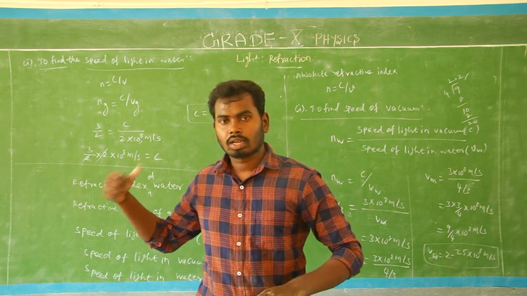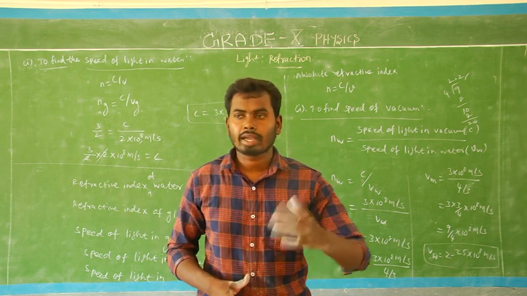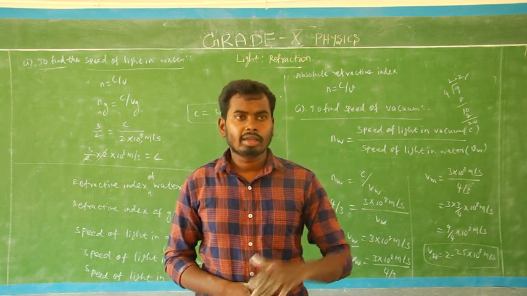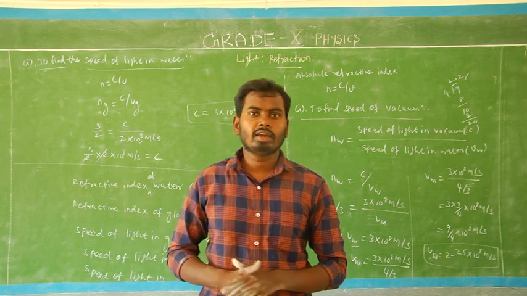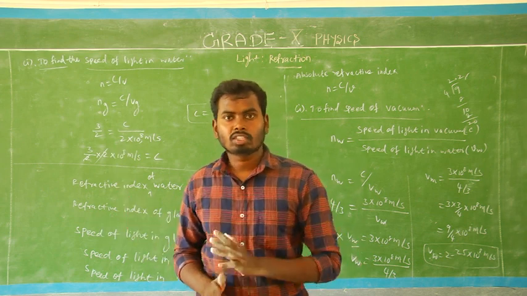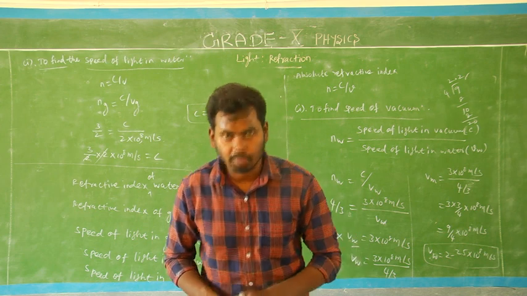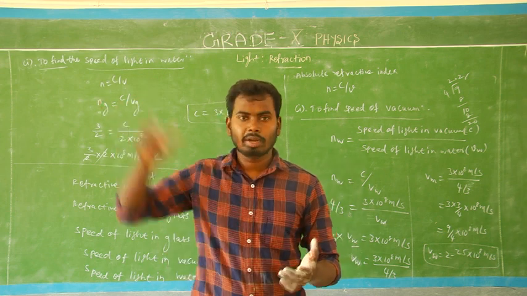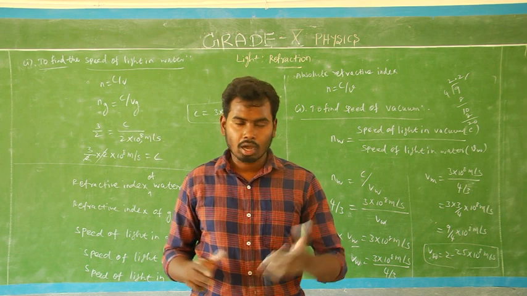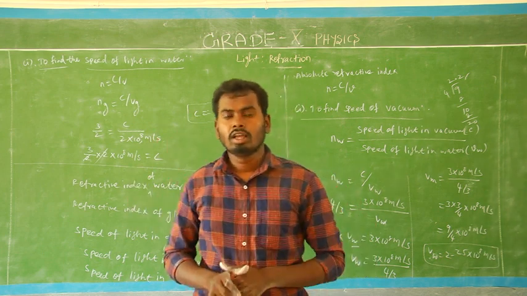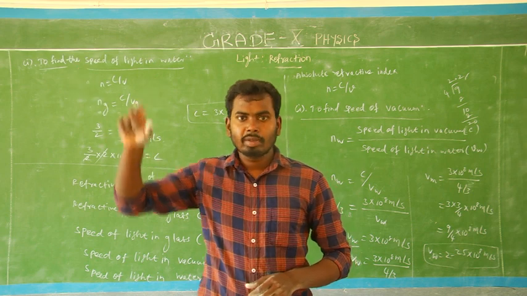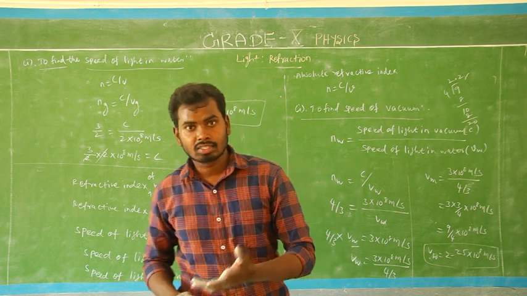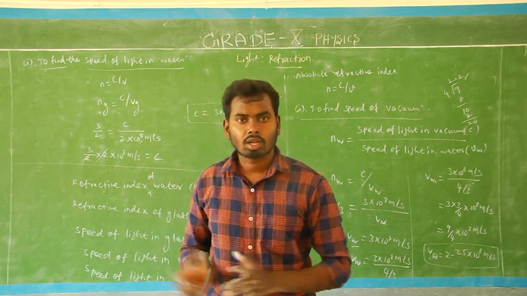So this class is getting over. We'll see in the next class. Once again, recall from the beginning. In relative refractive index, the refractive index value can be greater than 1 or smaller than 1. But in absolute refractive index, the value is always greater than 1, which means light speed decreases when light goes from vacuum into another medium. The absolute refractive index formula is n equal to c by v. C means the speed of light in vacuum. V means the speed of light in any particular medium. That medium can be alcohol, kerosene, diamond, ice, whatever it is. Is that understood? So that's all about absolute refractive index. So thank you.